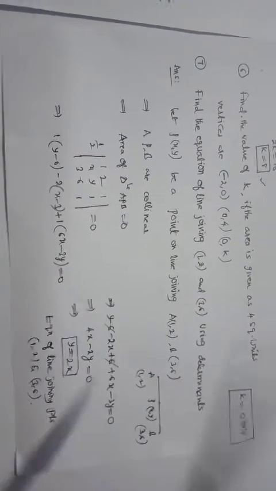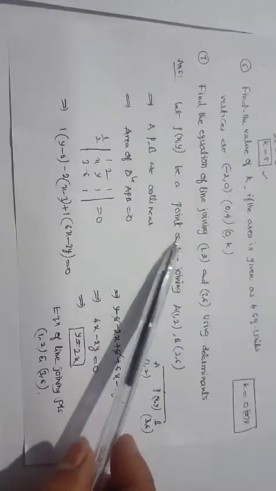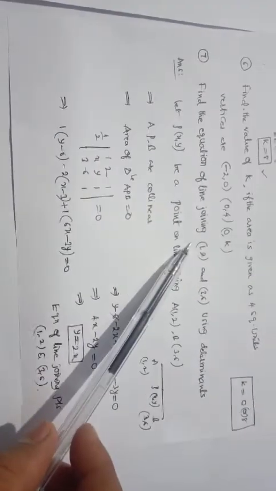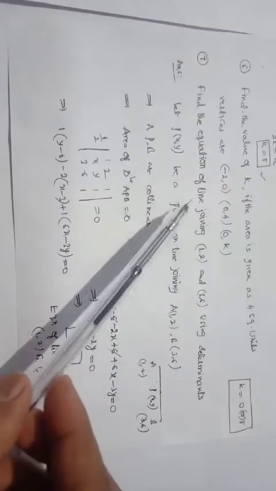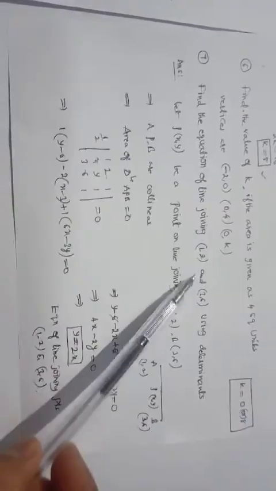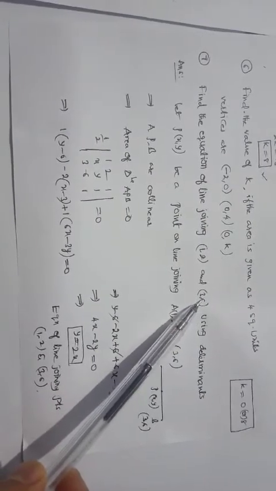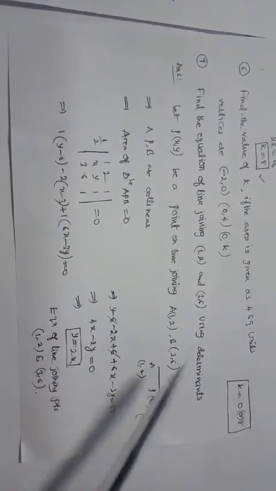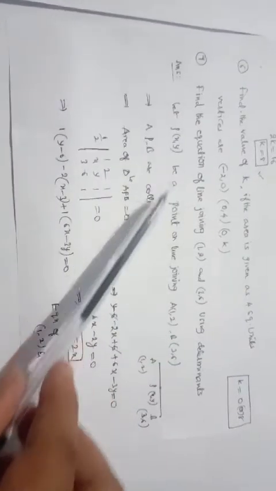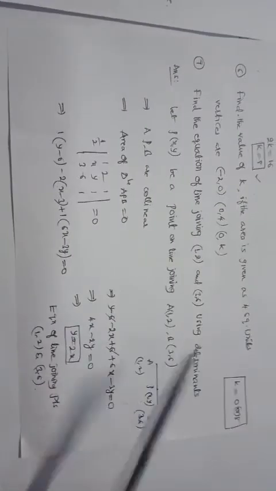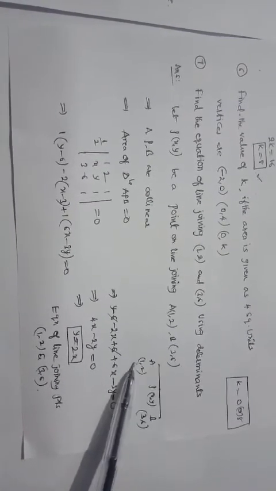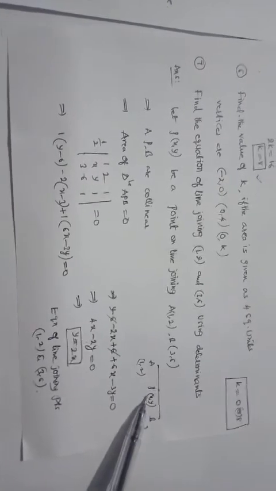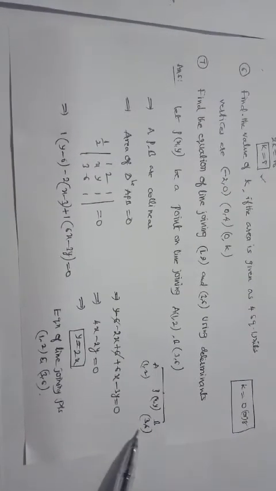And coming to the next, this question we have already seen, and once again we will see what the question is. Find the line joining 1 comma 2 and 3 comma 6 using determinants. So it is simply asking about the line joining the 2 points. When the line joining is asked, it is required to take P, with x comma y, as a point on the line joining AB. So I am considering P in the middle, x comma y, then A will become x1 y1, P will become x2 y2, B will become x3 y3.